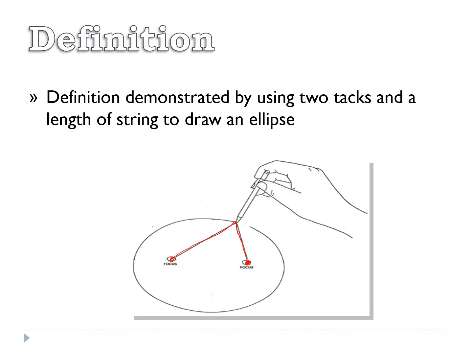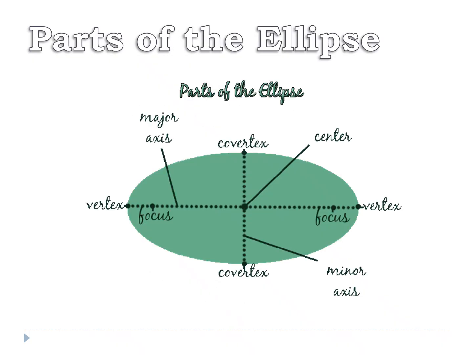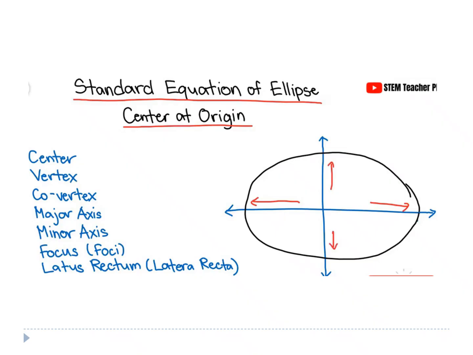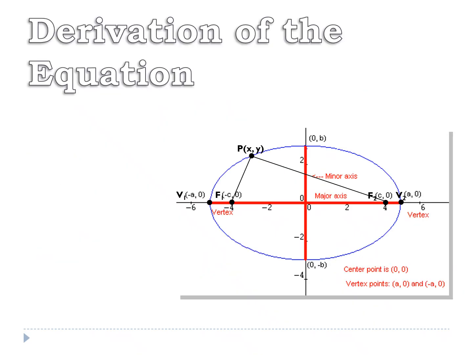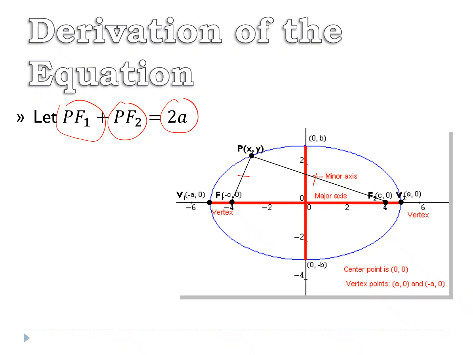Okay, and then we have here the parts of the ellipse, which I'm going to discuss with you in detail in the next video. But now I'm going forward to the derivation of the standard form of the equation of the ellipse. It started with these two parts here of the distances. This is our PF1 and this is our PF2. Again, this is equal to 2a, which is equal to constant.